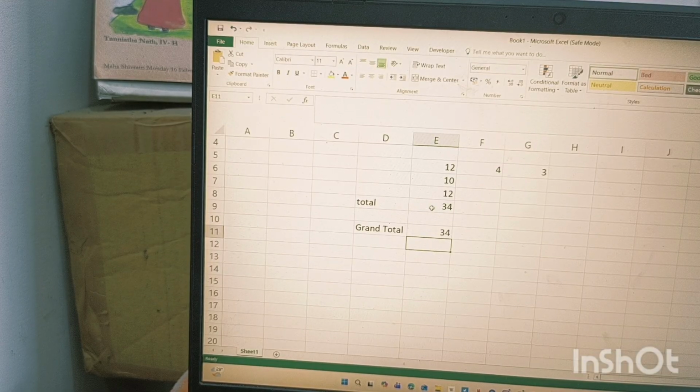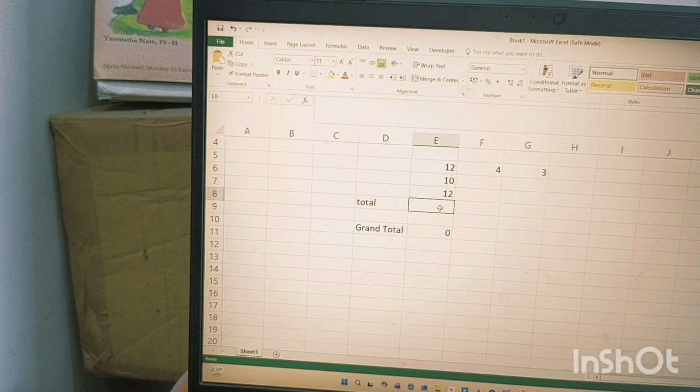Suppose after working for hours we go to have a tea, or we start gossiping with someone, and suddenly by mistake the number gets deleted. Suppose 34 is deleted, then what should happen?